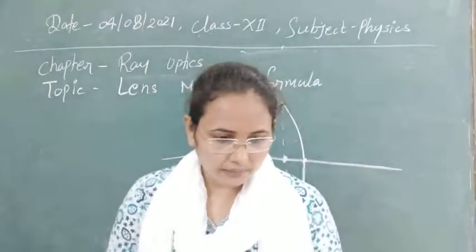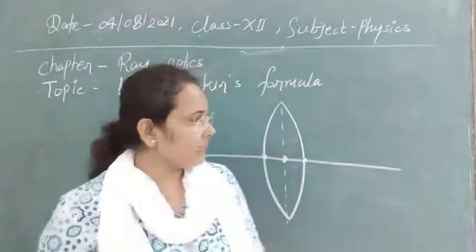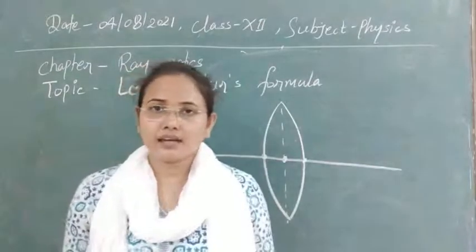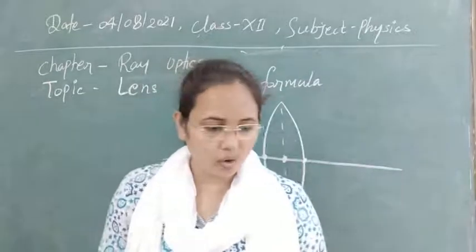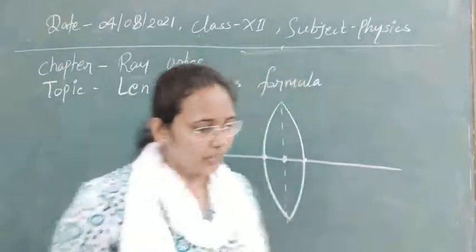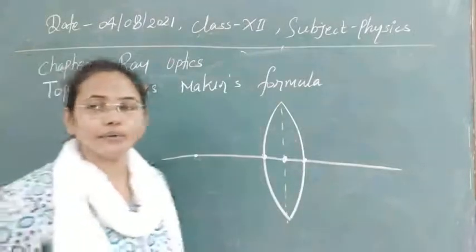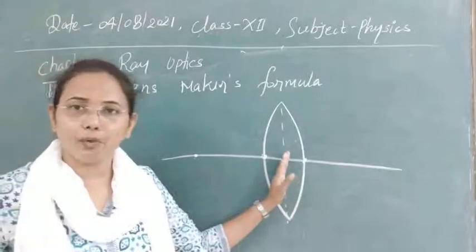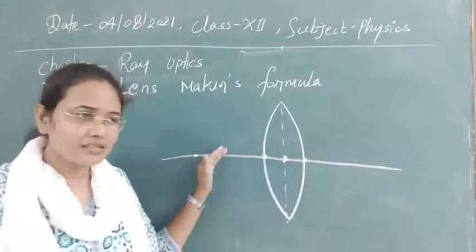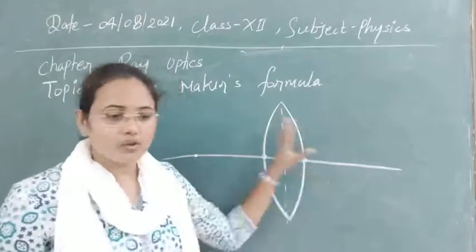Next thing we are going to use: if we have an object, then we will get an image, that is the concept of geometrical optics for this case. So I think all the assumptions are now very clear to you. All the angles are very small, the distances will be measured from the poles, the object will be taken as a point object, and we have two refracting surfaces. So this is all we have.